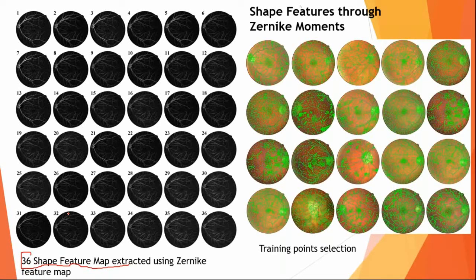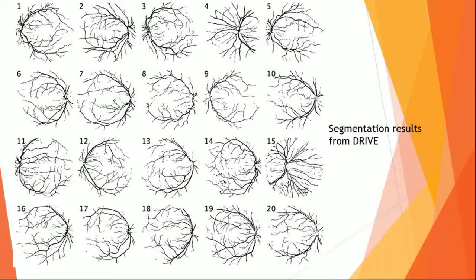Because these are shape parameters, we are very particular in handcrafting and carefully selecting the veins and carefully selecting those regions, which are ones and zeros. So these ones are zero. We don't require this, so we need to remove this. So we classically selected this optical disc and those kind of stuff, and we made them as zeros. And then we trained a simple ANN network. So when we trained it, we were able to get a nice segmentation of these retinal scans here.